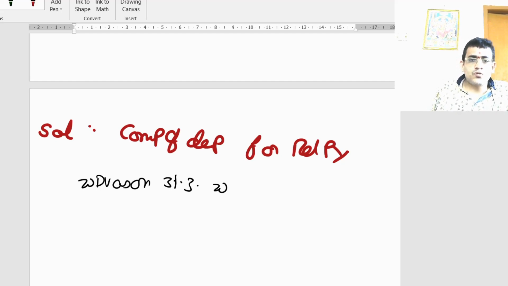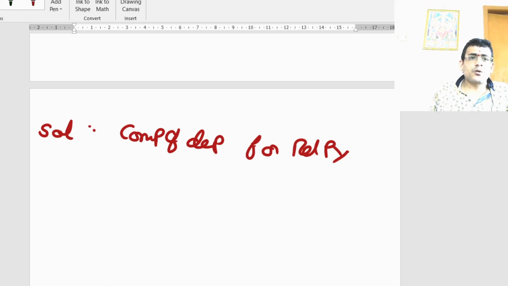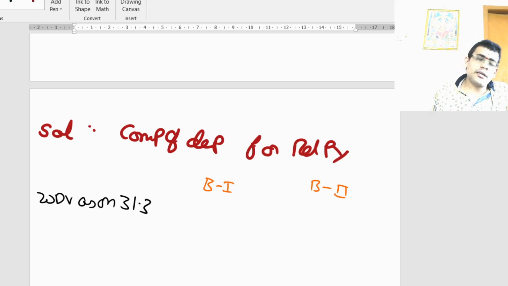As we are doing for two blocks, let us prepare the table also for the two blocks, block 1 as well as block 2. Now what do I have to consider? WDV as on 31st March 19 or 31st March 20 or 31st March 21. Now this I don't know. Let us calculate this as a part of working note number 1.